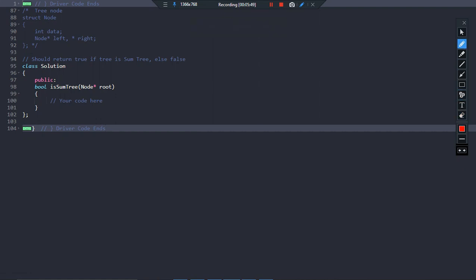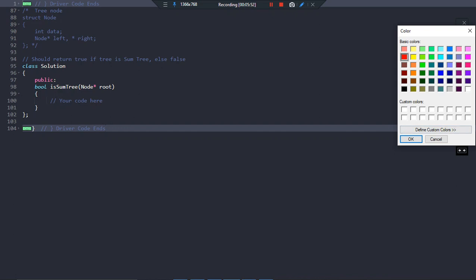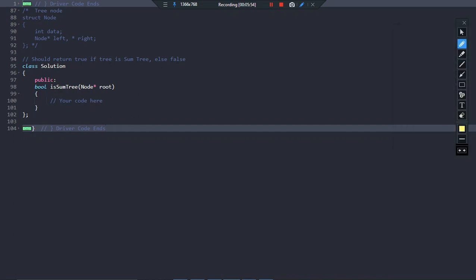For example, let me draw a tree that I will be considering. Let me draw a sum tree. Suppose I have 1 and 2 here. So 1 plus 2 should be 3 here, right? And suppose I have 4 here, I have 5 here. 5 plus 4 should be nothing but 9 here. Now 3 plus 2, 4 plus 1, 6, this will be 6, and this is basically 9 plus 4, 13, plus 5, 18. 18 plus 6 is nothing but 24, so this should definitely be 24 here, right? So I am writing 24. This is basically a good example of a sum tree.